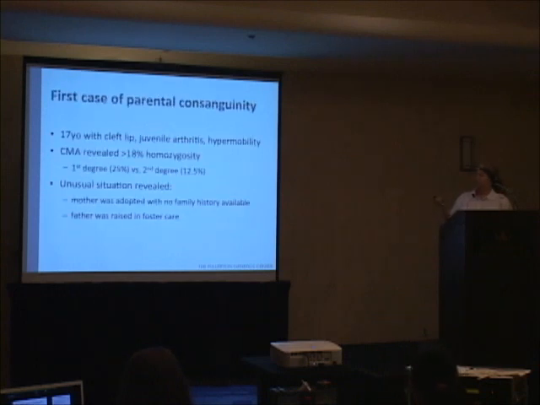And I'll just tell you one case, more of a scare tactic. This was a 17-year-old child, and he had some clinical features, which aren't really the point of the talk. We had 18% homozygosity, so we weren't sure if it was first degree or second degree, but we knew it was pretty close in the mother. When the clinical team interviewed the mom and asked, are you possibly related to the father of your child, she said, I'm adopted. I have no knowledge of my biological family at all.